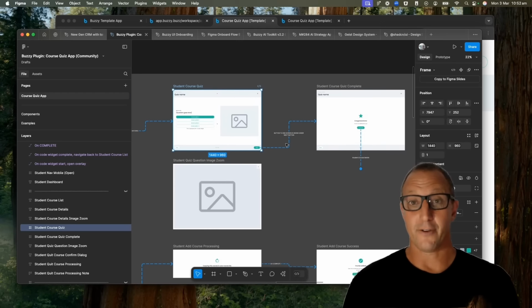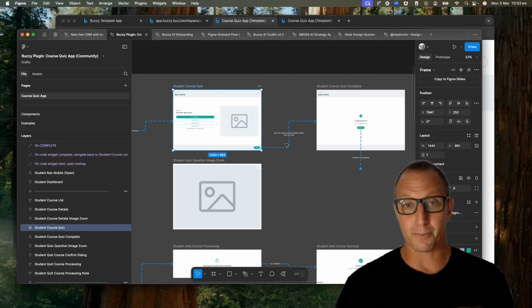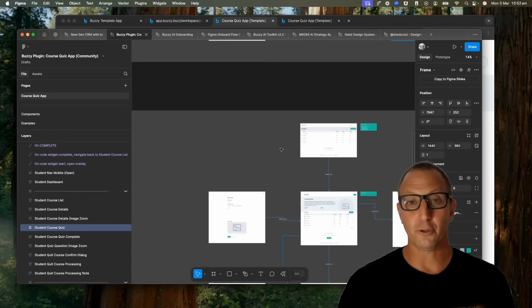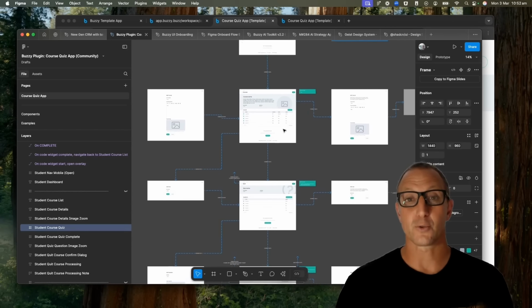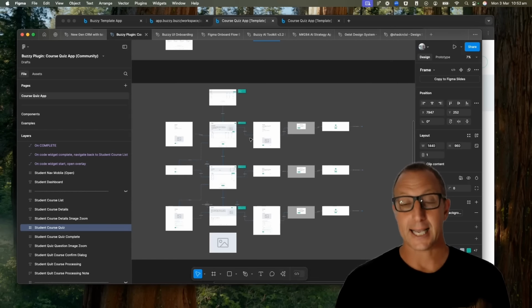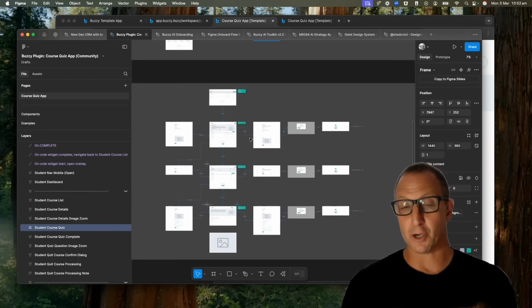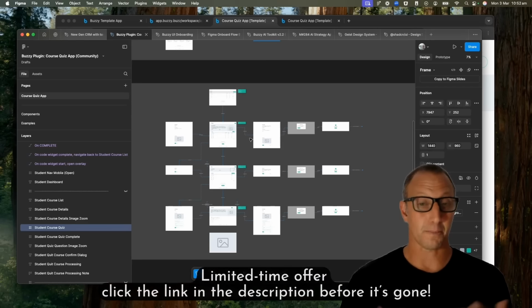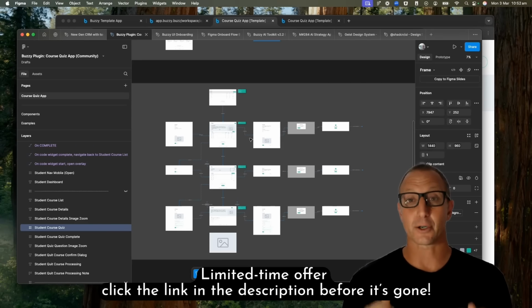So again, a very good starting point. That's the student point of view. And then it's got the full back end here as well, which is where the administrators come in and set up the courses and so on. Again, everything over here is customizable. It's in Figma. You can completely change the look and feel, completely change the structure, but it's a great, great